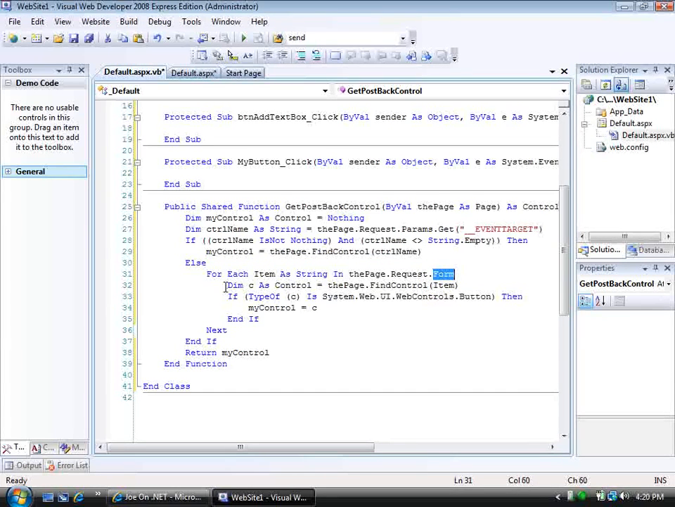So what we're going to do is, since the thing that caused the postback wasn't in the event target field, we're going to go through all of the objects in the forms collection, and we're going to find whichever one is a button. Now remember, only the button that causes the postback will appear in this collection. Right? So now that we have a reference to the thing that caused the postback, whether it's a regular control or a special button control,